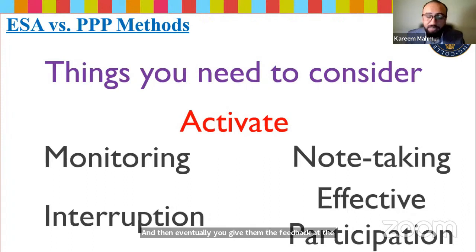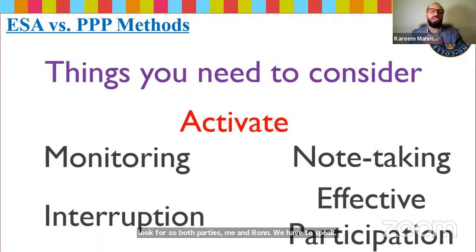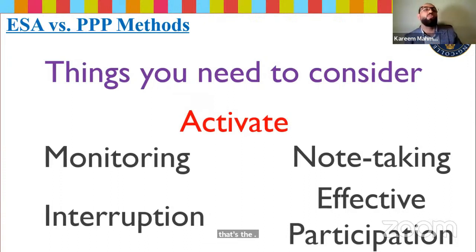And be careful of effective participation. What do I mean by effective participation? Me and Ron in the same activity, doing round robin. So I speak, I talk, and Ron is listening. He's not participating, so that's not the task achievement I look for. Both parties, me and Ron, have to speak. We have to do turn-taking. I have to tell something, he has to tell something. I will justify my answer, he will justify his answer. So effective participation, because you might find students who are not willing to participate.